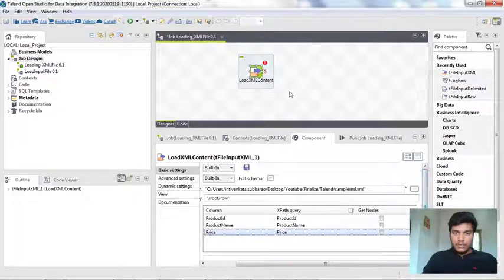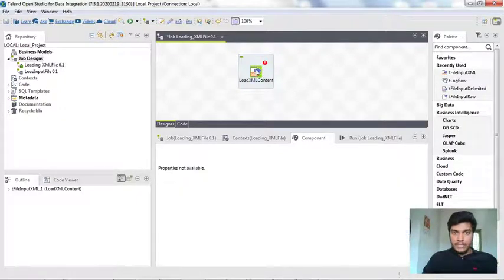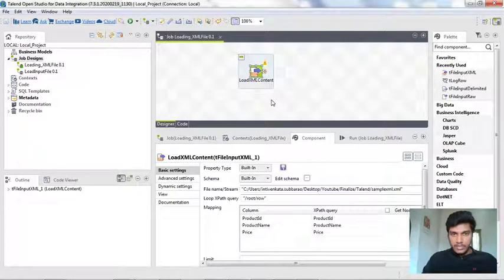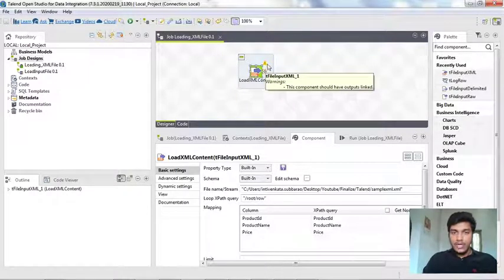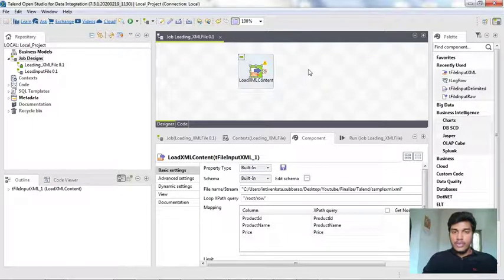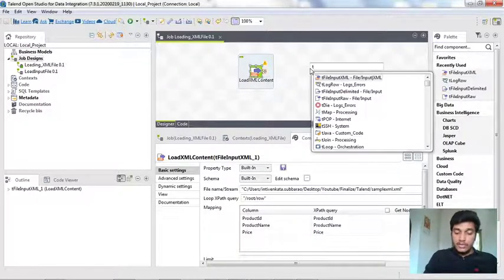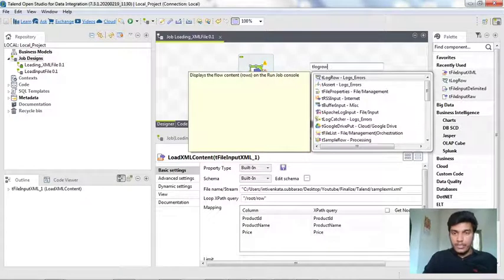So the components that are needed for the XML component are done. I am saving it. Now it is showing a warning, which is nothing but that it is not having any output links. So we need to add some output links. To print the data in our console, we need to insert a tLogRow component here.